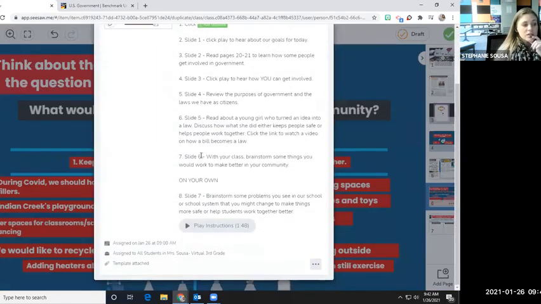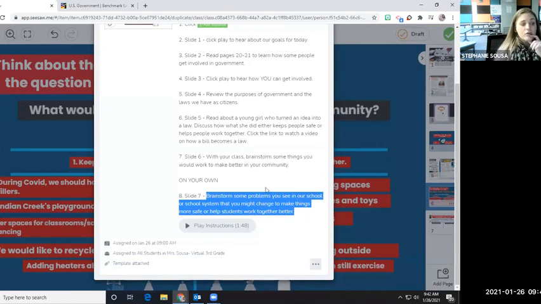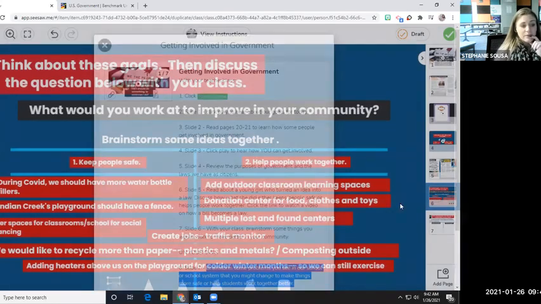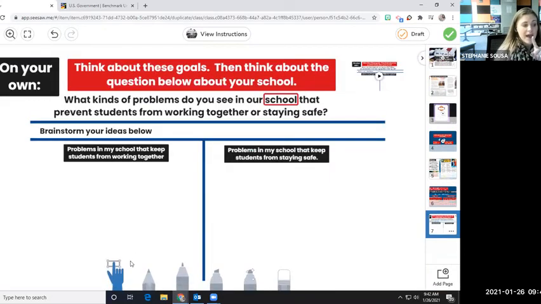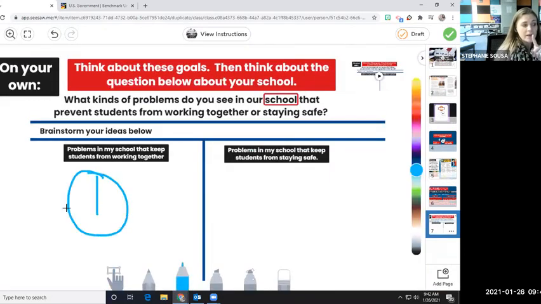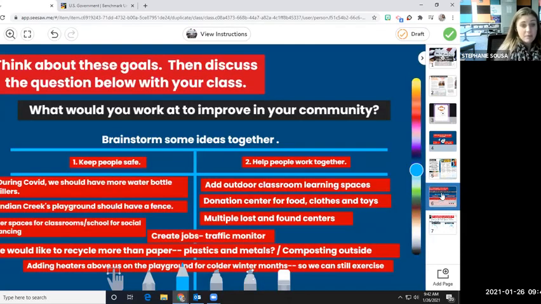Our instructions say on slide 7, you are going to brainstorm problems you see in our school or school system that might change to make things better for safety or working together. So now that we've brainstormed ideas as a class, you're going to pick at least one way that you're going to help students work together in your school and one way that you're going to help students stay safe in our school. Okay?